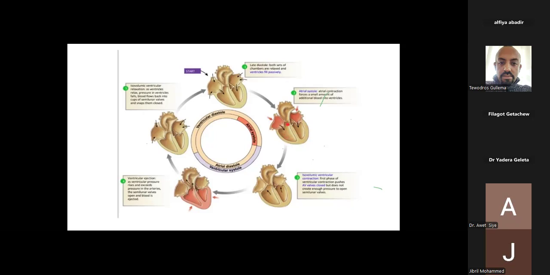In this condition, S4 is heard. [You may not have heard S4 before; that is because of error, faulty application of the stethoscope.] All right. And S3